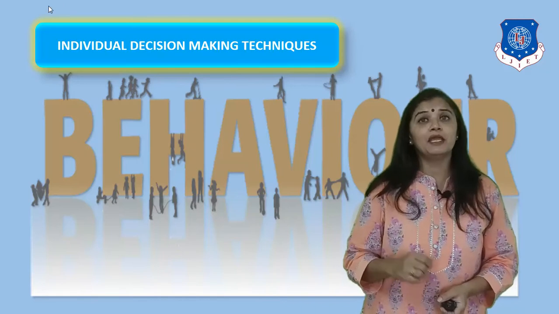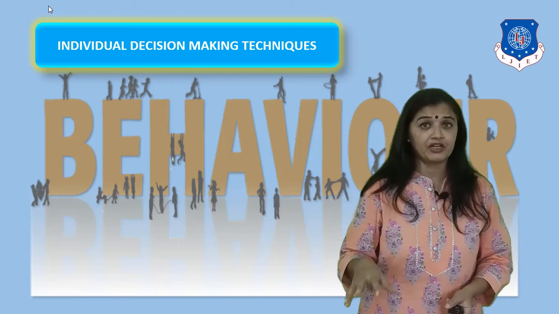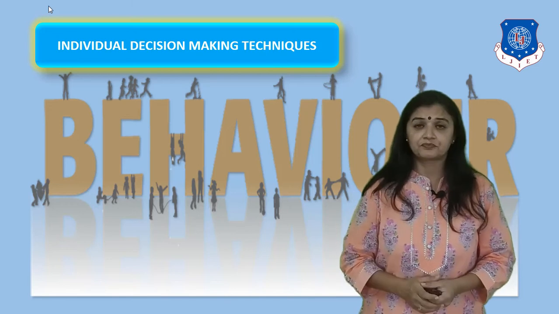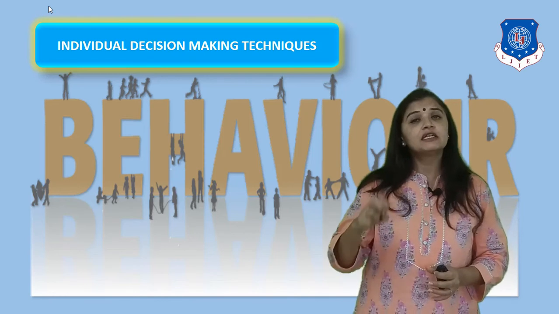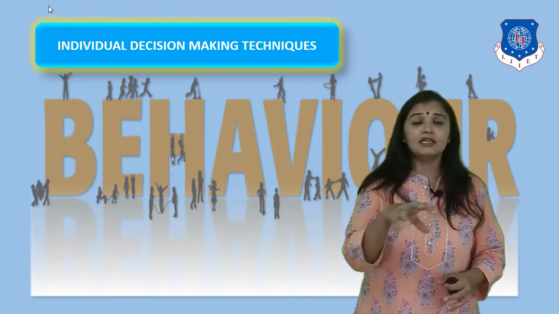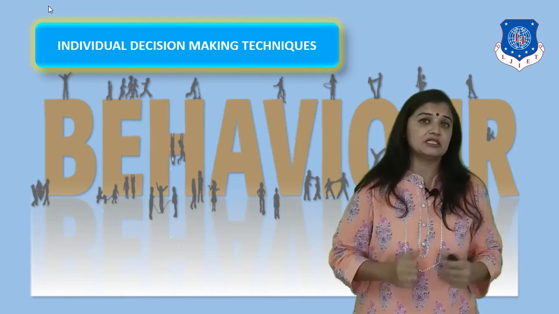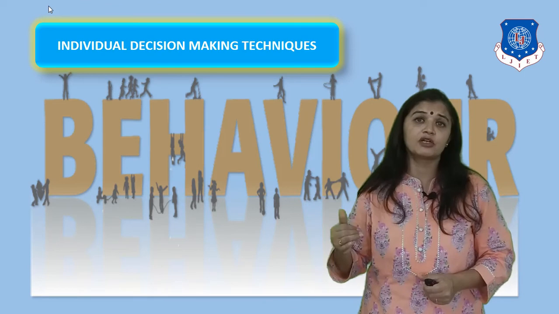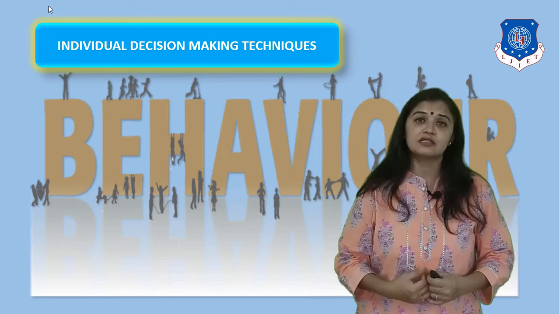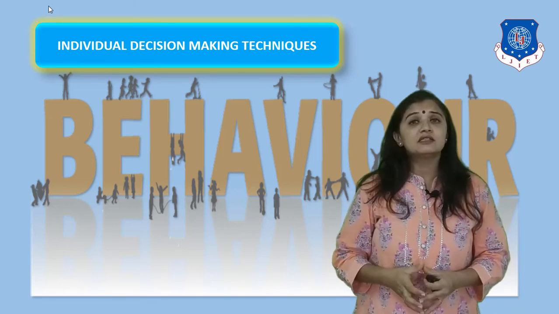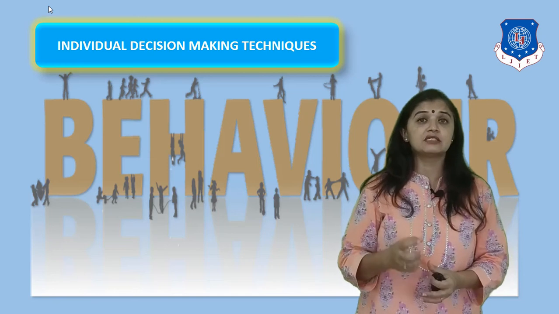how individuals make decisions. Individuals may make different decisions at different points of time in different manners. There are various kinds of people and they all have different decision making techniques. But how an individual in the organization makes a decision will affect the organization's work. And that is why it is important to understand how individuals will decide upon different things. So let us see how people take decisions individually